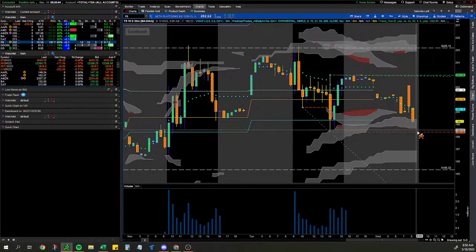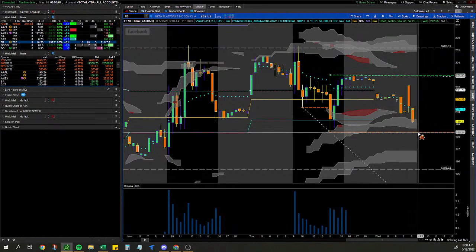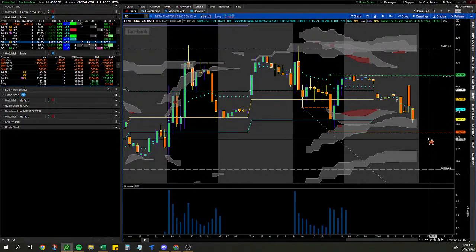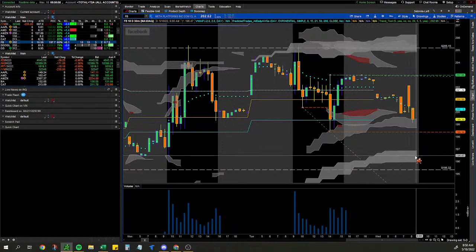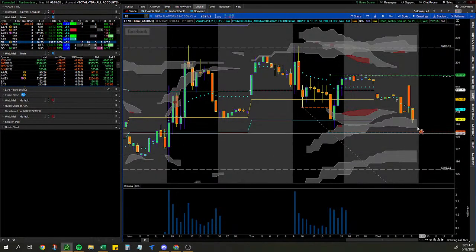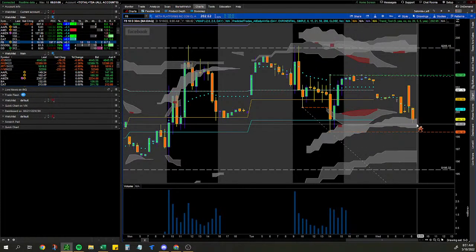Overall, need Facebook to hold this 199, 198.36 to head higher. If we start to lose that, we'll be seeing some trends changing in the market and elsewhere, and we'll probably head back down to this 195 and the squeeze bottom. But if we can hold that 198.40, that 199 squeeze bottom to head higher,